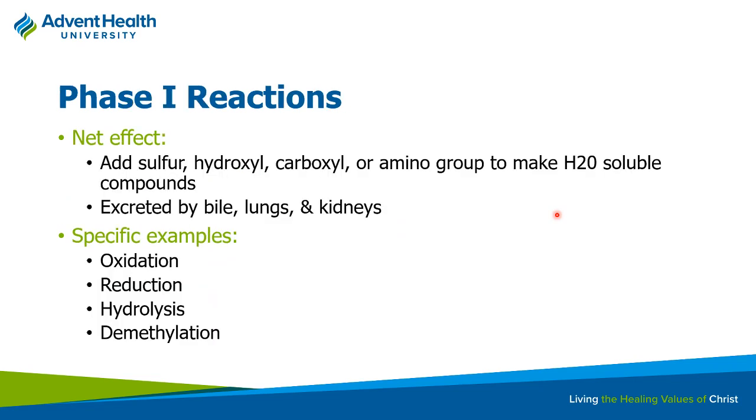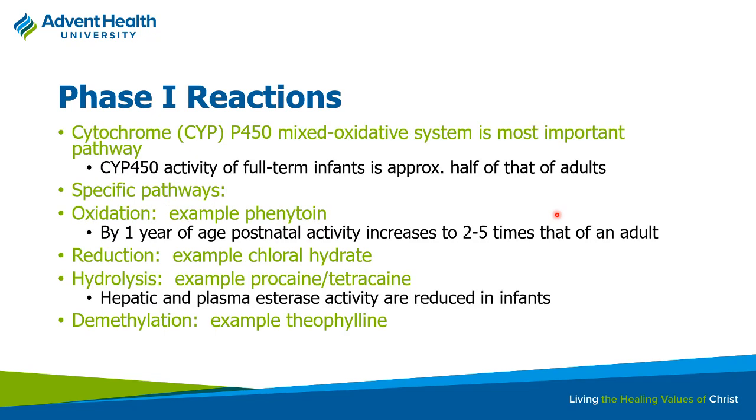So if you recall, just a brief recap, remember we have phase 1 and phase 2 metabolisms that occur in the liver. Remember what phase 1 does? It kind of modifies the molecule, typically making it more water soluble. This is where our CYP enzymes come into play because it's part of that oxidation process. You have other things like hydrolysis and whatnot. I only mention this here because I'll talk about a few examples of how certain medications or certain substances can't even be used in pediatrics, especially in neonates, because they just can't even process it well because these systems may not be fully expressed. So examples, things like phenytoin, we may find that by 1 year of age, we actually